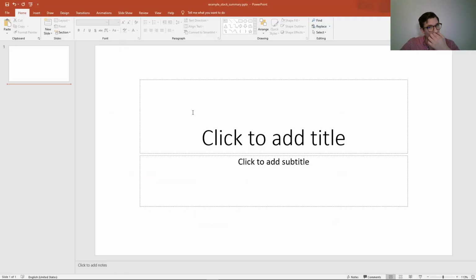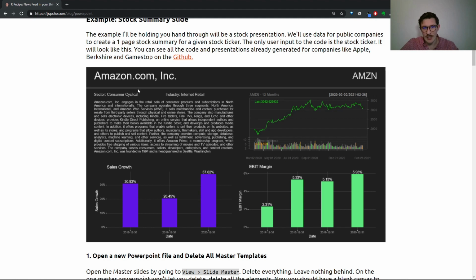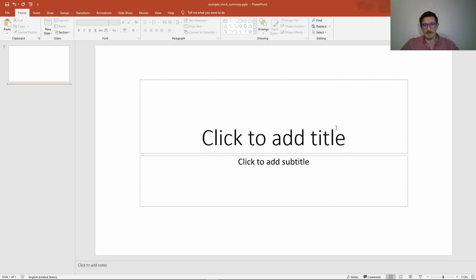Basically, let's open a brand new PowerPoint, and just to give you a preview, what we're going to do in the end is set up like a one-page summary of any stock. So basically, we just enter the ticker, and you would get in PowerPoint this nice visualization of sales growth, EBIT margin, a short description, and 12-month performance, just in a visualization to see how this can be very useful in doing your day-to-day work and have R do the heavy lifting in PowerPoint. So the harder parts are actually setting up the template,